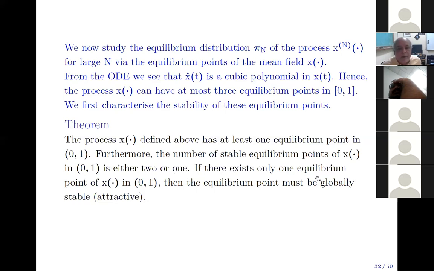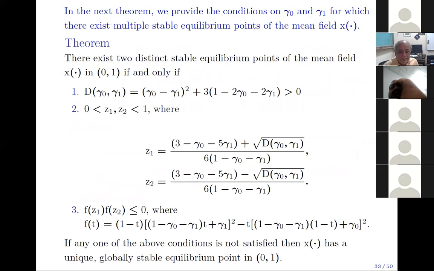And if there exists only one equilibrium point, then the equilibrium point must be globally stable or attractive. In other words, it will always go to that equilibrium point. If there are two, then there's a probability of going to one or a probability of going to the other. And in this theorem, we give conditions on, remember, gamma 0 and gamma 1, the proportion of stubborn people with opinion 0 and the proportion of stubborn people with opinion 1. So based on a relation between these two, which involves all kinds of things, we can